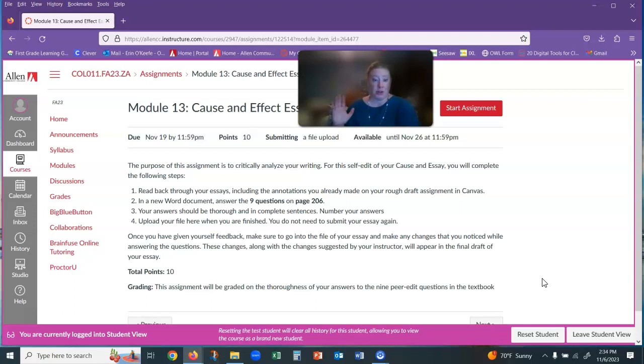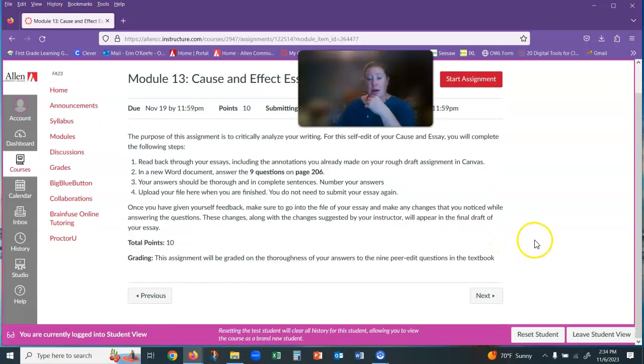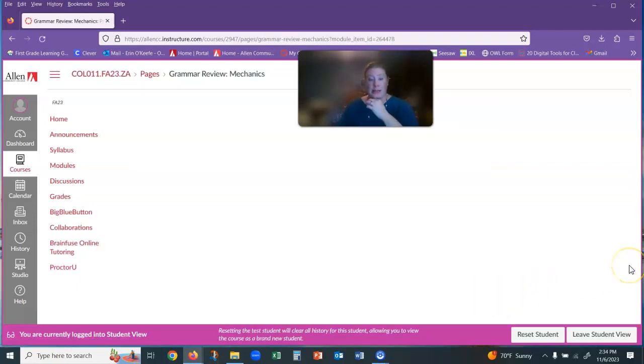So basically I'm just looking at how thoroughly did you answer the questions, and these are going to be more generalized questions because they're about editing kind of in general, and so they'll really help you to see your essay as a whole, as opposed to when you go in and make feedback comments, you're usually looking at kind of specific issues in the writing itself.